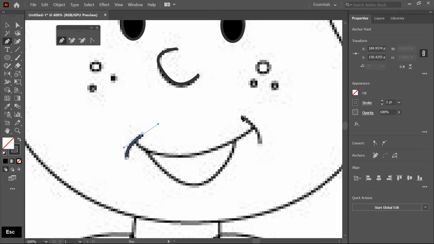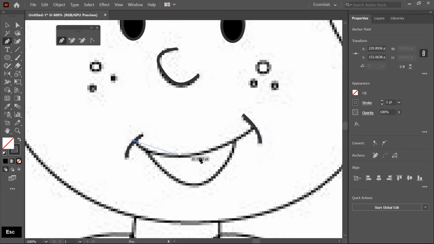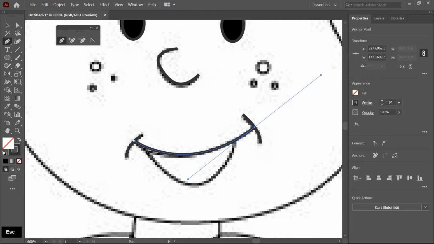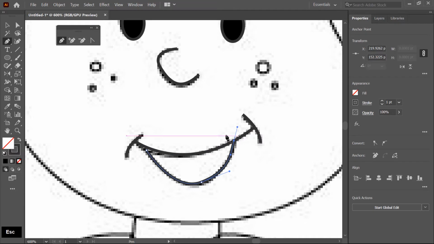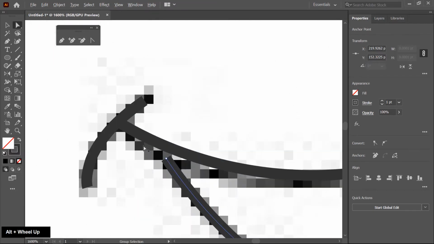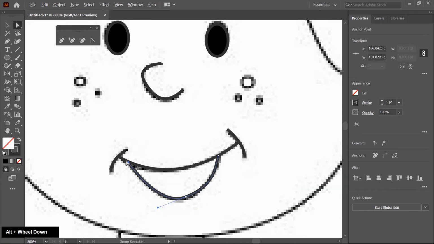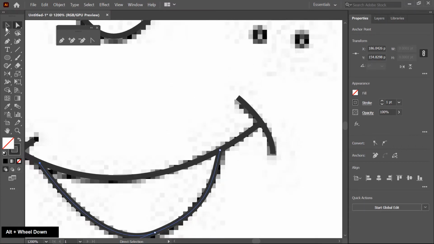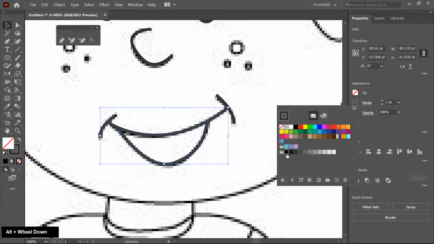Escape key to exit from the tool. Now by using the direct selection tool, position these shapes. I think the color is gray, so I select all the shapes and then click on the black color.